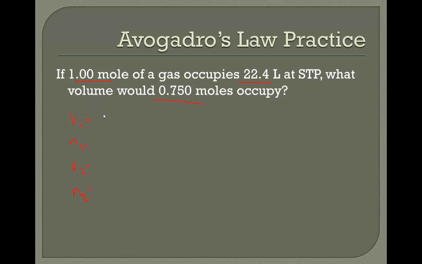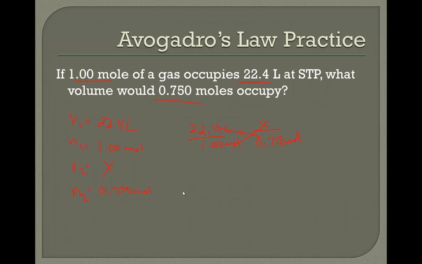N1 is 1.00 moles. We're looking for the second volume at 0.750 moles. 22.4 over 1.00 moles is equal to X over 0.750 moles. Cross multiply. That comes out to be 16.8